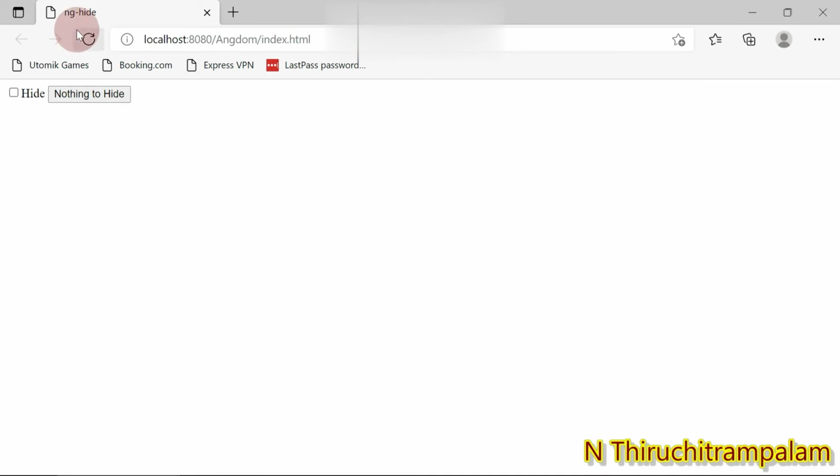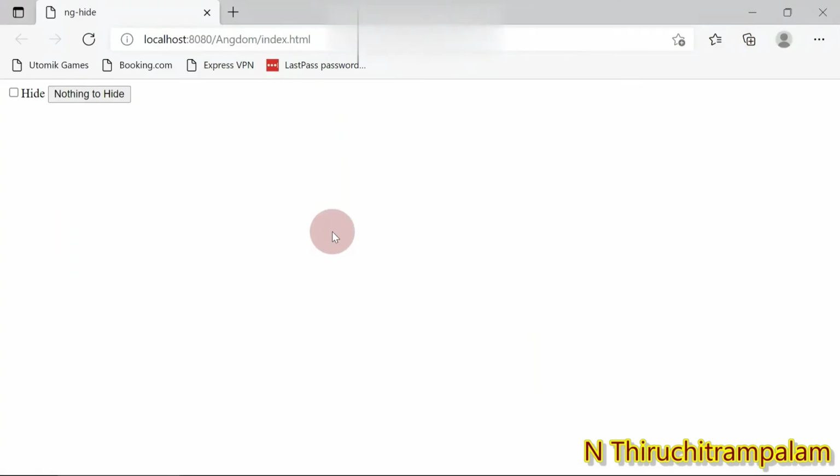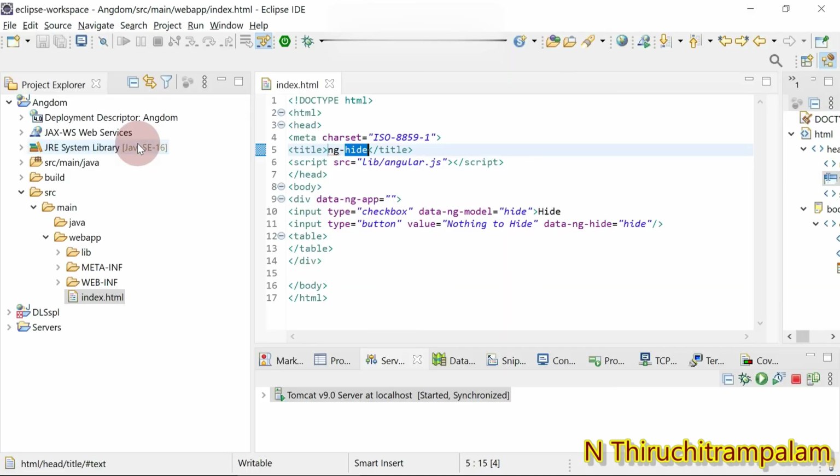Here you can see the page name is ng-hide, because we have given it in the title element. The value is ng-hide, so that's the reason we are able to see ng-hide as the page name. Then you can see the checkbox, the text hide, and a button named nothing to hide. Why?